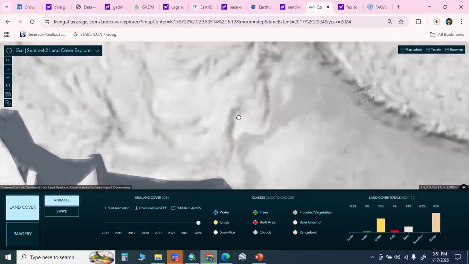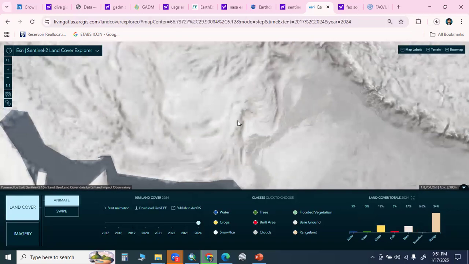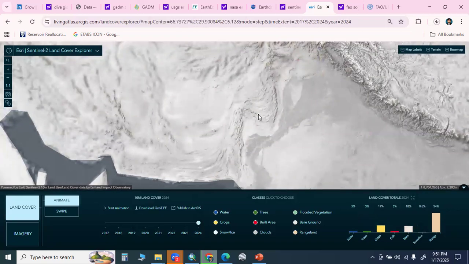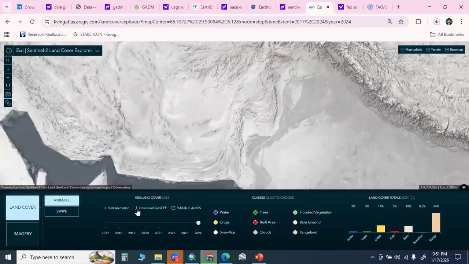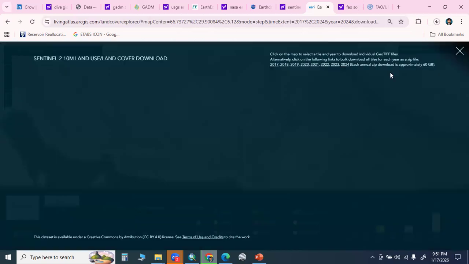So how can you download this land use land cover data for any location? It has tiles, as the classification is based on the UTM zones. Let me show you. Just click this download GeoTIFF button. Once you click this one,